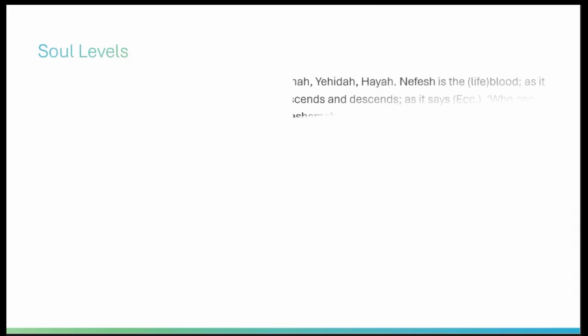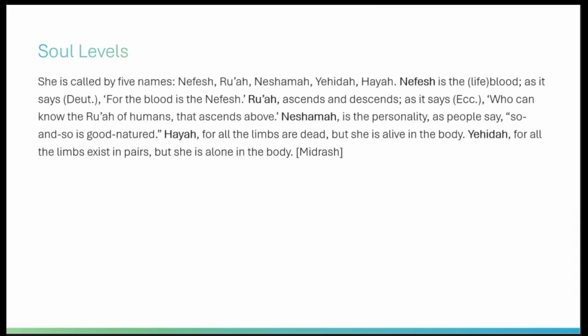Very briefly, the Midrash says that the soul has 5 levels: Nefesh, Ruach, Neshama, Yechidah and Chaya, although interestingly enough, when the Midrash then explains what each one is, the order is Chaya and then Yechidah. Usually we talk about Nefesh, Ruach, Neshama, and then Chaya and Yechidah. In other words, in the Torah we find different terms that are used for the soul.